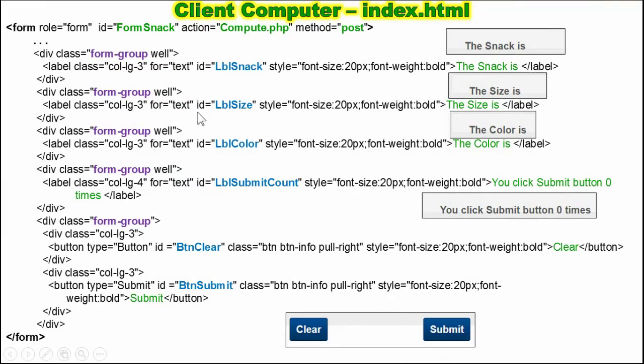The label with ID lbl snack will be referenced by the JavaScript to post what the user selected the snack. The label with ID lbl size will be referenced by the JavaScript to post what the user selected the size. The label with ID lbl color will be referenced by the JavaScript to post what the user selected color. The label with ID lbl submit count will be referenced by the JavaScript to post how many times the user